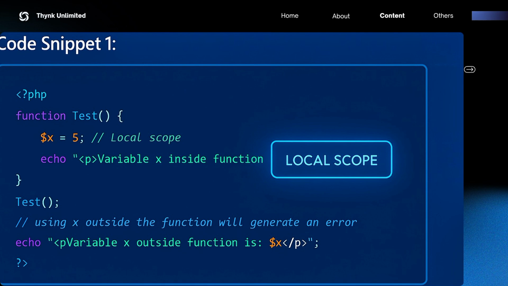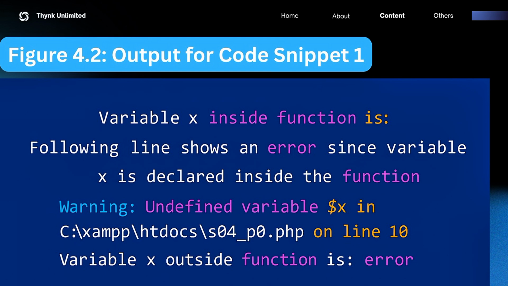In short, this code snippet shows that local variables are temporary and isolated. They help keep functions self-contained, prevent variable conflicts, and make your PHP code more modular and efficient. When we execute the PHP code shown in the previous snippet, we can clearly see how local variable scope works